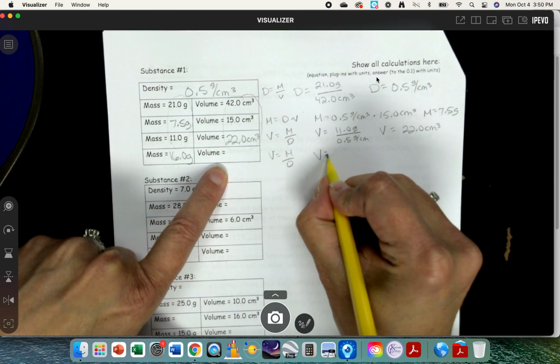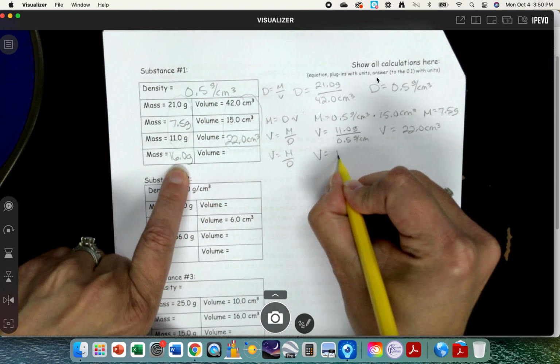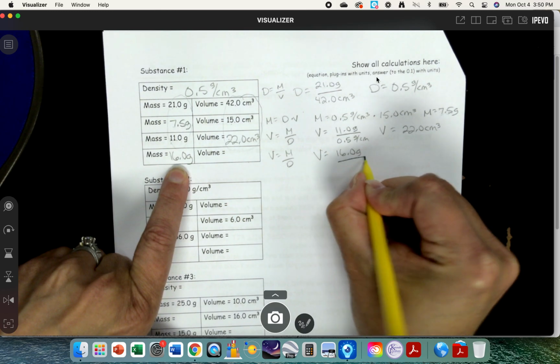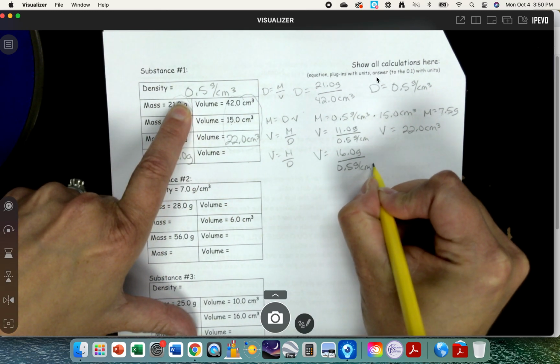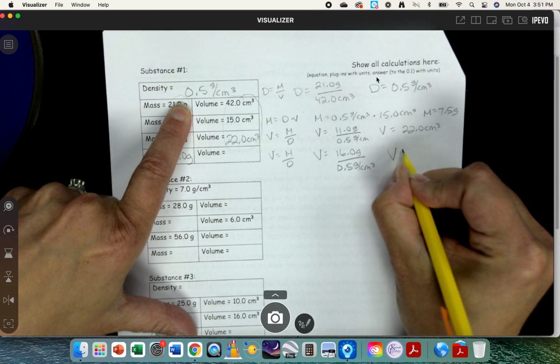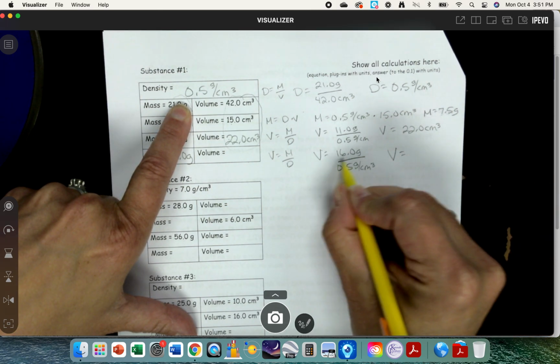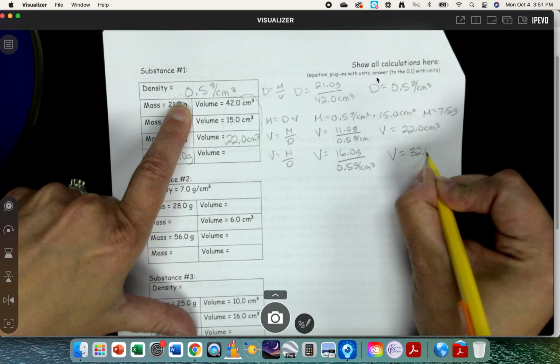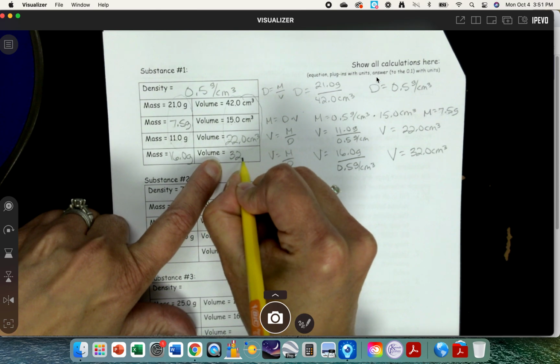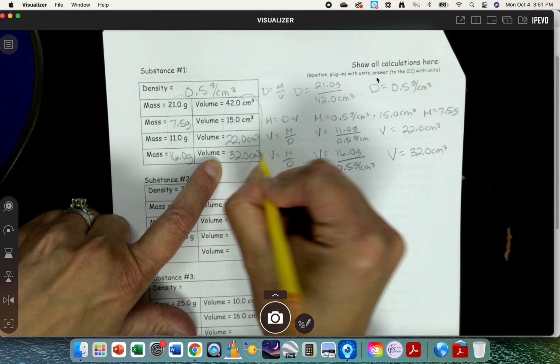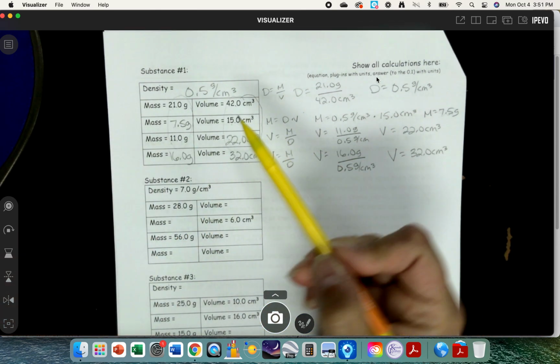So volume is equal to the mass, which is 16.0 grams, divided by our density, 0.5 grams per cubic centimeter. And for our volume, how many times does half go into 16? Our volume is 32 cubic centimeters. So we're going to write that right here, 32.0 cubic centimeters. Okay, so now if you notice something,